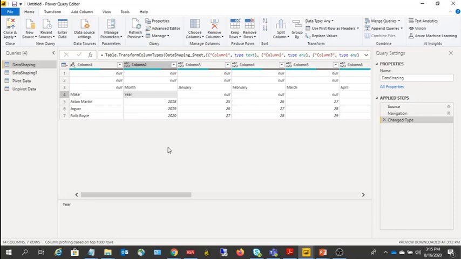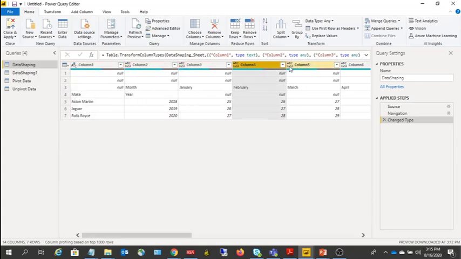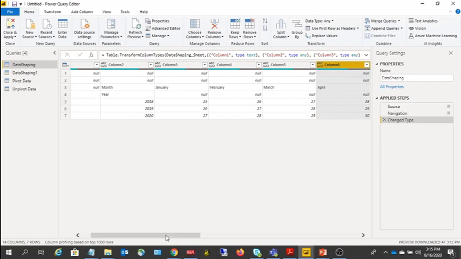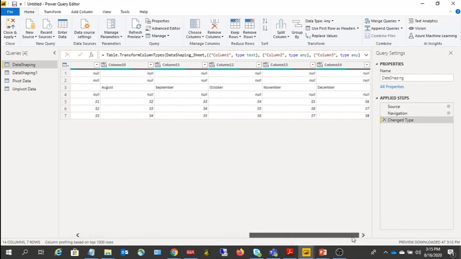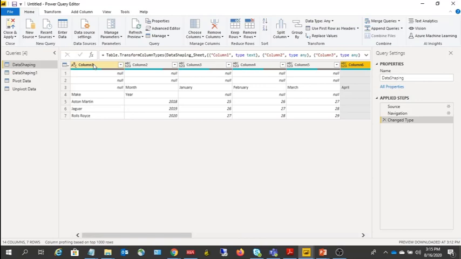This is our Power BI desktop, and this is the same Power BI file that I was using from the previous lecture. This unstructured data we now need to convert into a 100% table structure. So we are going to shape this unstructured data to bring it to a table structure, right? Now let's look at how to do that.